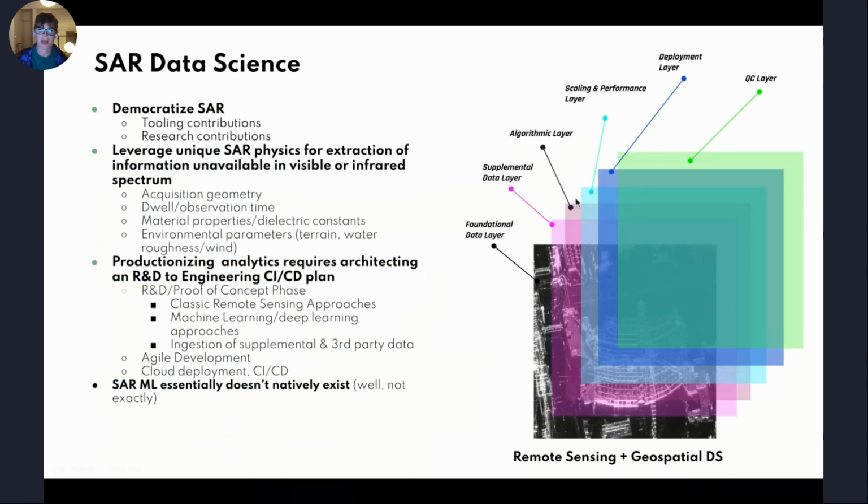And then you have the compounding component that you have to make this scalable. The great thing about deep learning when it's fused with geospatial is that you can scale a lot of processing. You can scale petabytes of image processing using a deep learning algorithm. So there's a lot of potential there. But then, like with any engineering problem, you have deployment issues that you have to figure out.